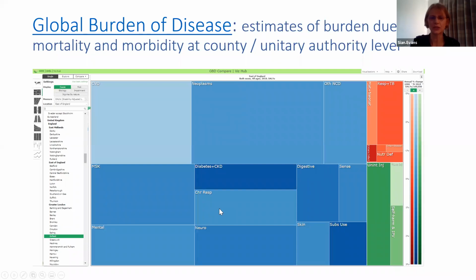And then the last two data tools that I was going to talk about before we open up for questions and discussion were slightly different. The first one is the Global Burden of Disease. I know that many academics within this region are working as part of the Global Burden of Disease project. This is an international project looking to map,